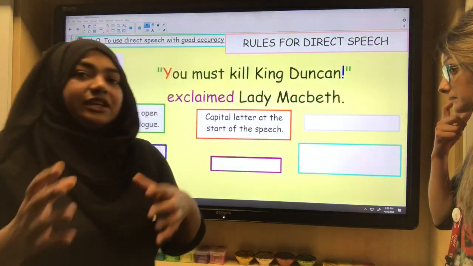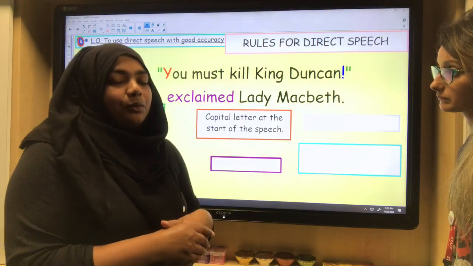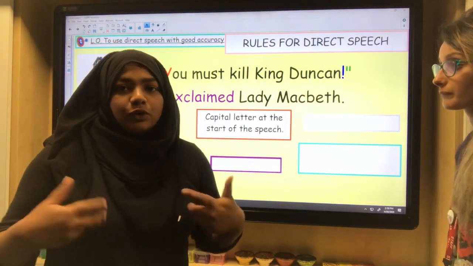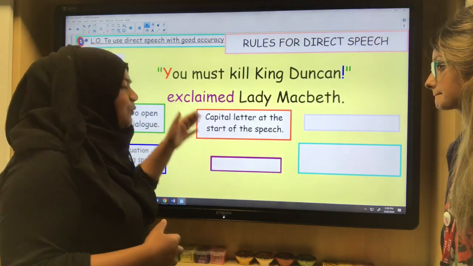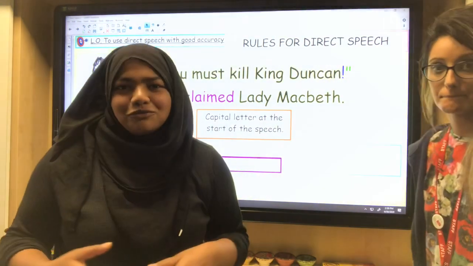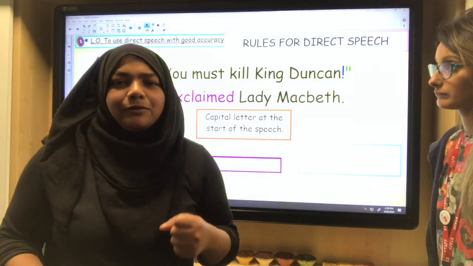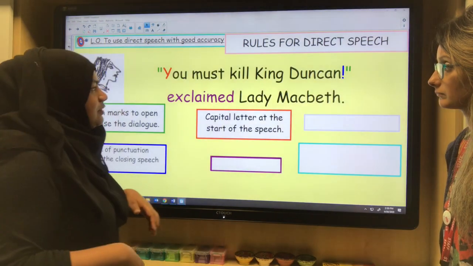You really need to think about the positioning of your dialogue to help you identify which piece of punctuation to use. Remember, an exclamation mark shows expression and emotion. If someone is whispering, using an exclamation mark would not really be useful, because an exclamation mark is related to a really powerful use of emotion, so exclaiming, shouting, growling, all that sort of stuff.